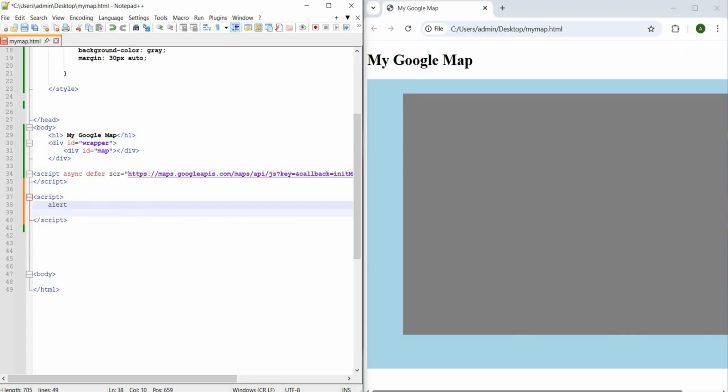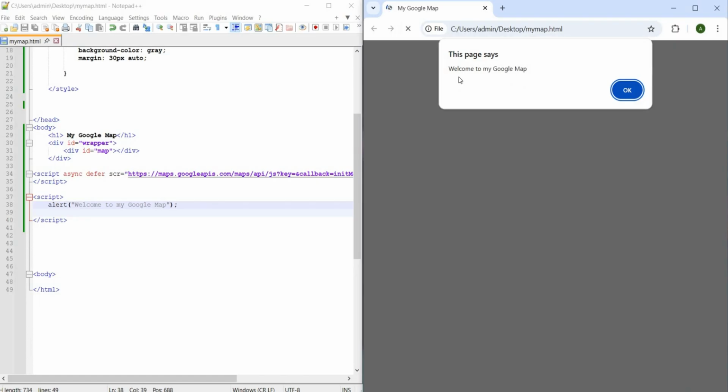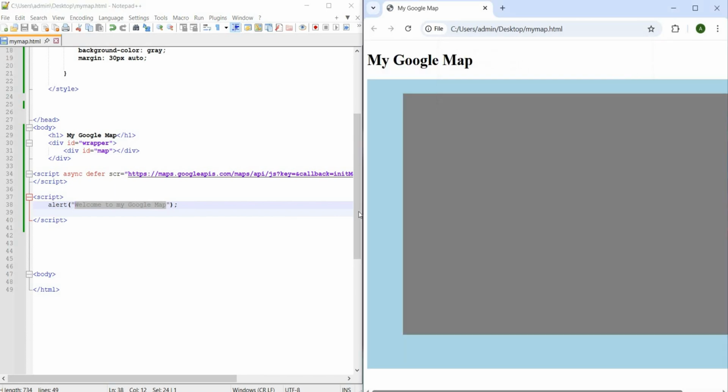Alert: Welcome to my Google Map. And save. Let's see if it worked. So it works. There's an alert, welcome to my Google Map. Then click OK. So let's continue.